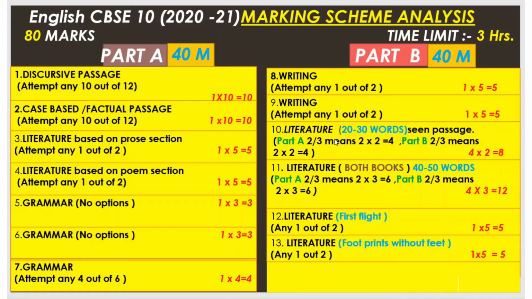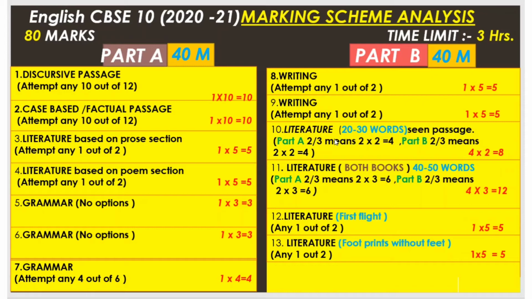Now next is question number 10. Question number 10 is a literature part, and it is a scene part. If you see very closely, you can understand questions 10, 11, 12 and 13 are all passages from the scene section, that is from your textbook, and you can grab these marks easily if you are done with the passages of the textbooks. You have to read your textbook continuously for that, and you can score these 30 marks very easily. 10, 11, 12 and 13 in total cover 30 marks.